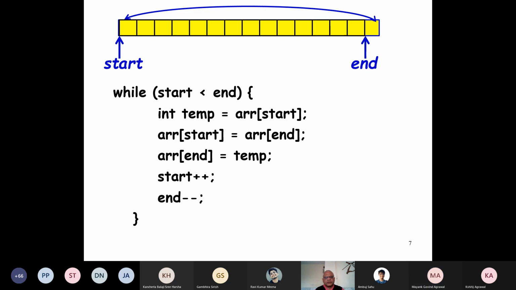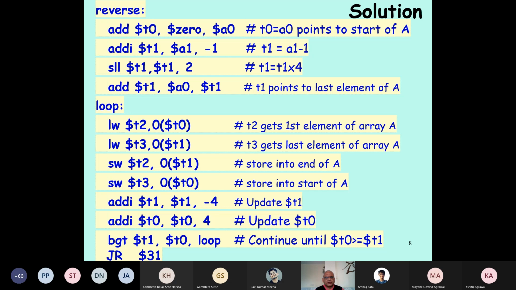Okay. Now let's write the code for this. So as usual, we'll have the name of the routine as the label. Reverse is the label. And then here we have these 2 pointers, which are the most important part of this solution.